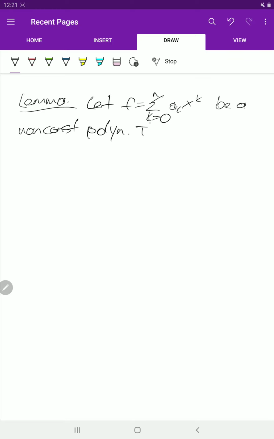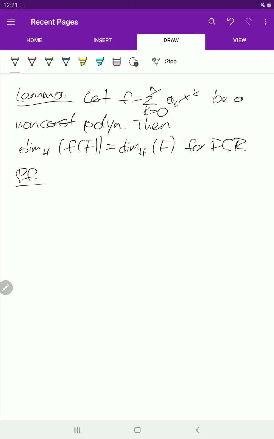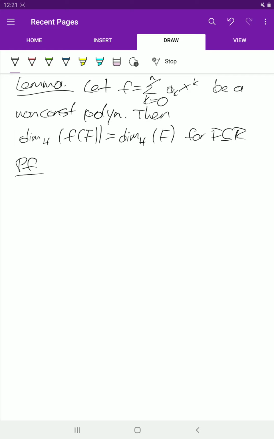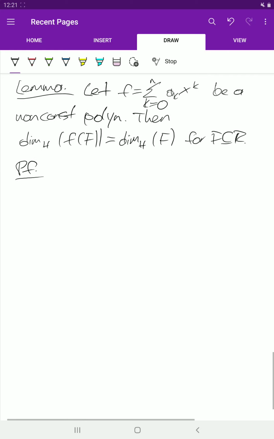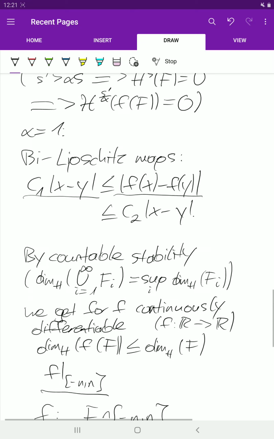Okay, so let f be a non-constant polynomial. And now the claim is that the dimension of the image is equal to the dimension of the set, for a subset of the reals. Okay, so how do we prove it? Well, it might be instructive to think about it at first in monomials. So the basic idea is to get, so last time we had,